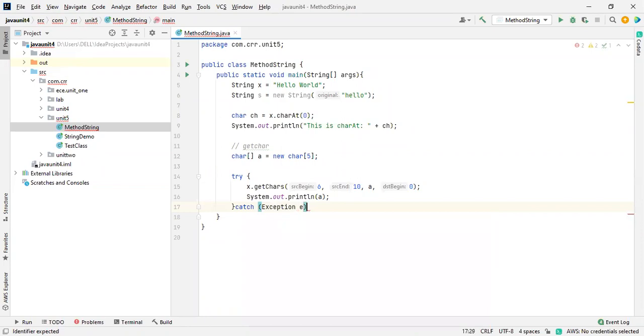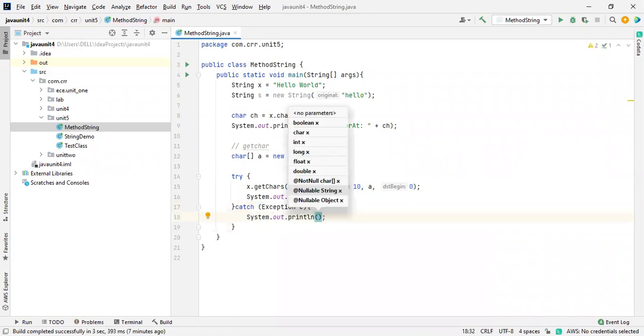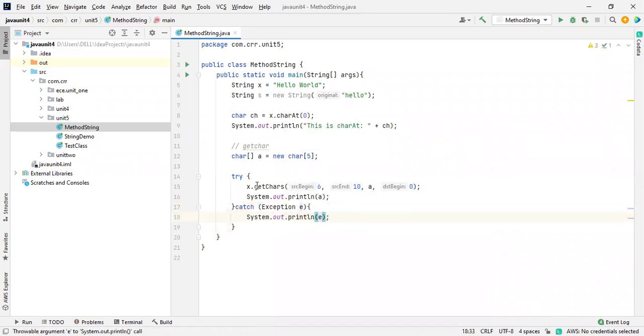And this is an E, and I'm going to write System.out.println, and inside this, I'm going to take the exception. If any error occurs, if the size of the array has been exceeded, it will get array index out of bounds. So this is a default exception. Any exception that occurs will be caught by this catch block and printed. Because the size is a 5, right? And I mentioned a 6 and a 10. So we'll get an error over here.